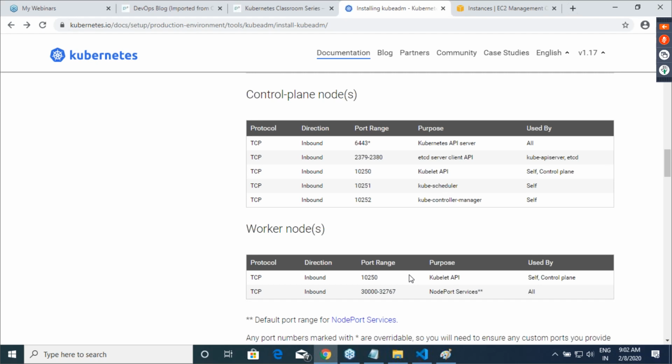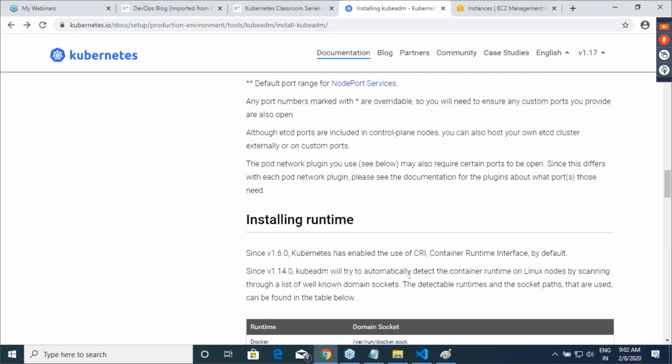So right now, if you have seen me, I've opened all the ports, which is not a good thing in your office. But in your office, if you want to open only specific ports, this is a table. On the control plane node, which is your master, open these ports, and on the node, open these ports. Am I clear on this? And as I said, the communication between master and node is all TCP. If you see the whole protocol list over here, it is TCP based communication. Okay. Clear? Right. Fine.